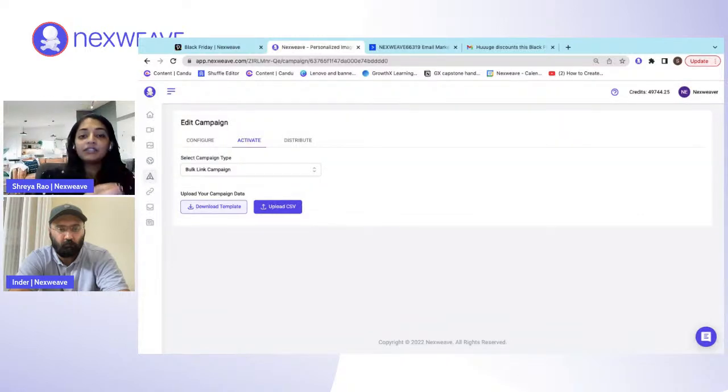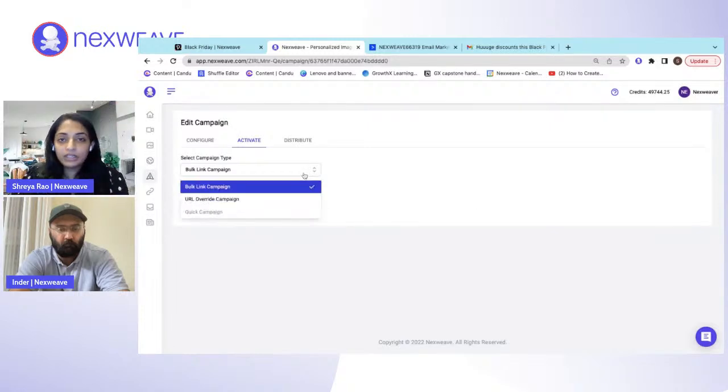And under activation is where I actually generate the links or the codes needed to view these media templates outside of Nexweave. So under the activation type, there are two types in as an overview. One is a bulk link campaign and one is a URL override. We're not really going to be focusing on the bulk link campaign for today, but just as a quick overview,